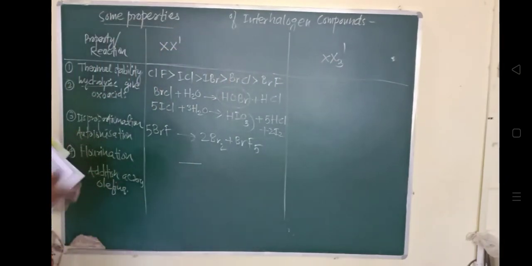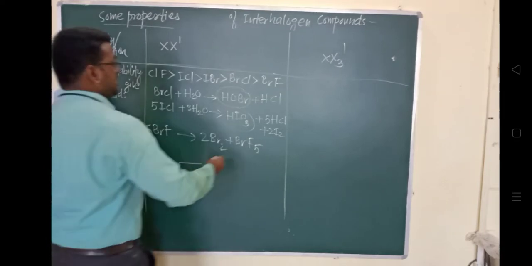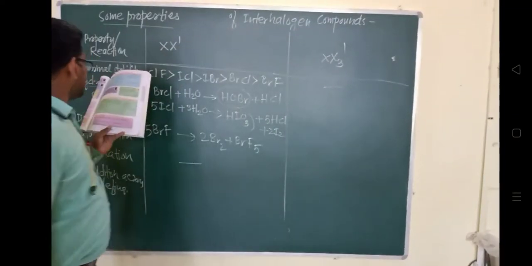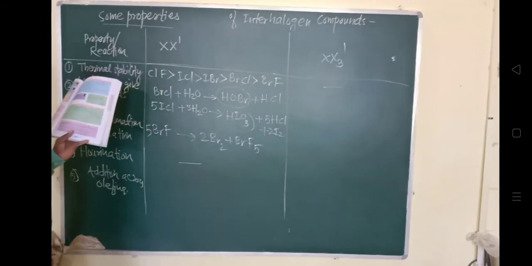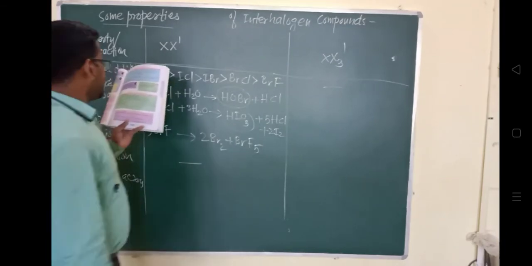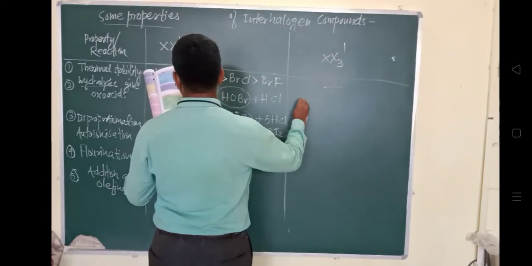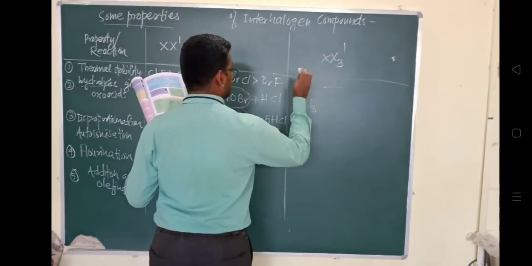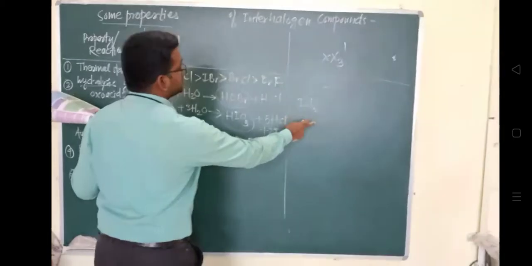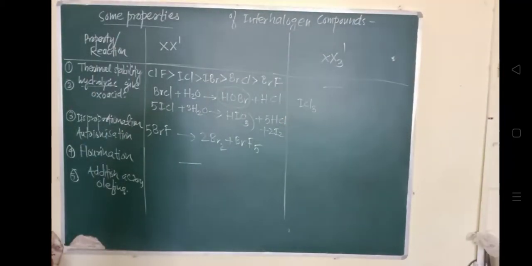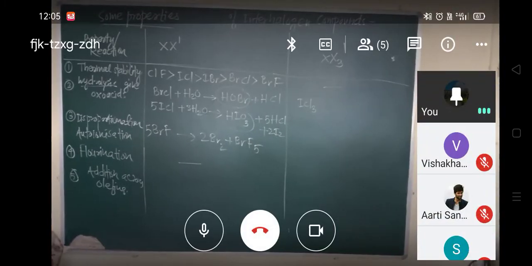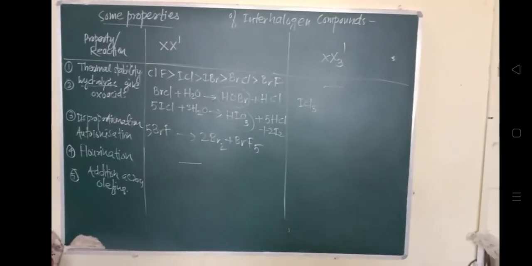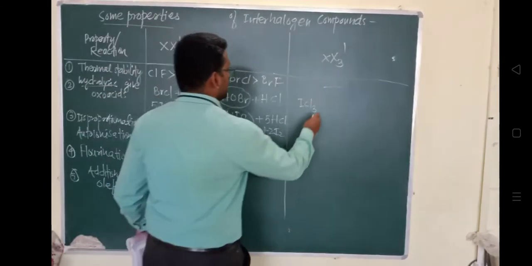Okay, तो आप देख सकते हो ICl3. Okay, ICl3 is what? It is an interhalogen compound. When it is getting hydrolyzed, means H के साथ जब ये combine हो रहा है, so it is forming the HIO3 oxo acid. That is HIO3, this is oxo acid, plus 5HCl, plus this ICl. Okay, तो आप देख सकते हो यहाँ पे.